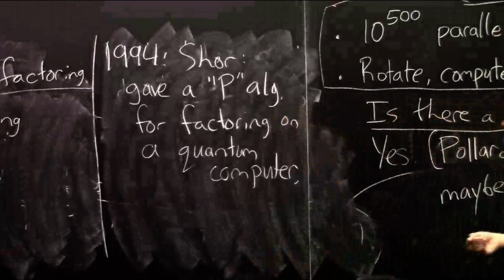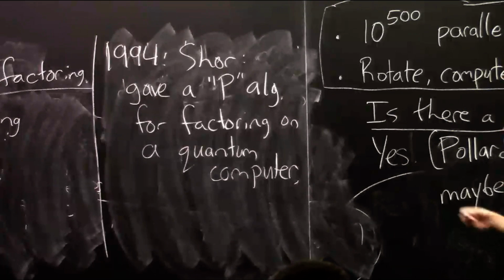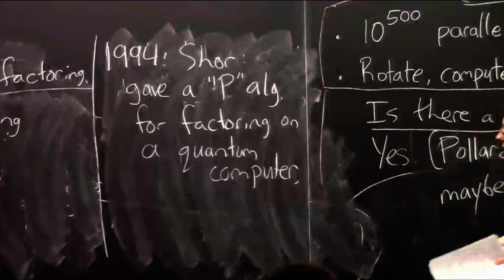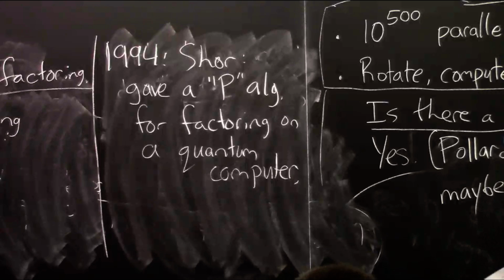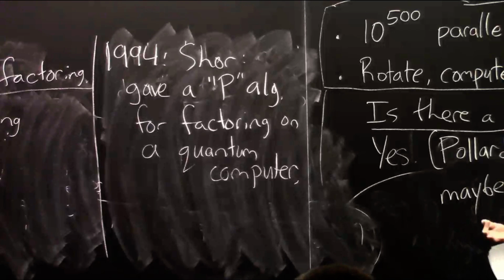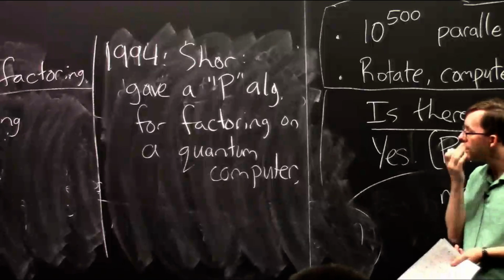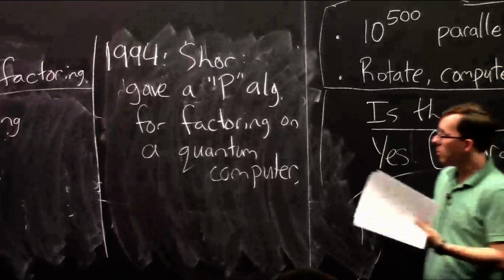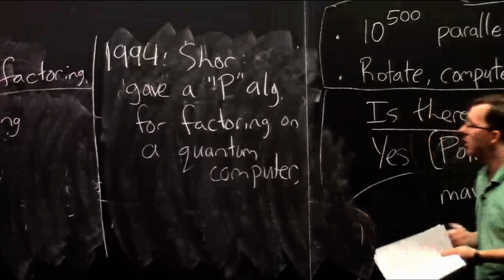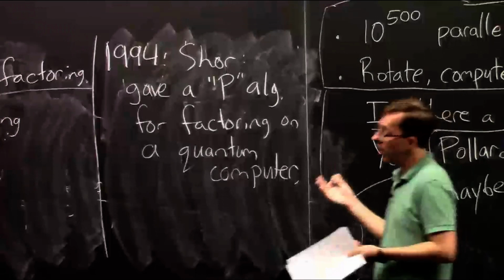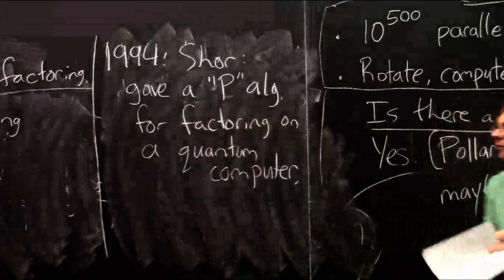Again, as you probably know, a quantum computer is a hypothetical device, which we haven't really built physically yet, but it's a computer based on the very sound and long-standing principles of quantum mechanics, for which there's no theoretical impediment to building such an object, but it seems like a great engineering challenge. We'll talk about this more throughout the course. But people got to studying the potential power of such things, and this is the most dramatic demonstration of their power that has been shown before or since. So Shor showed that factoring becomes an easy task, and we do know a P algorithm if you had a quantum computer.